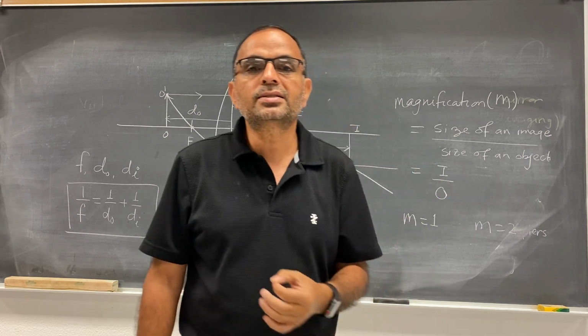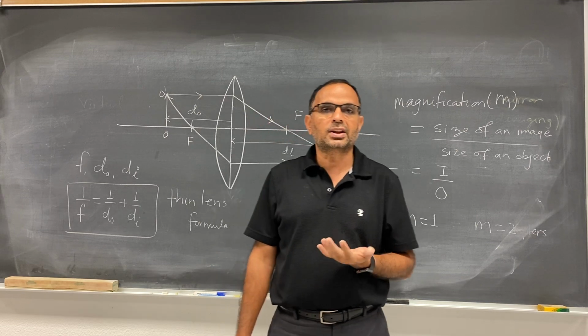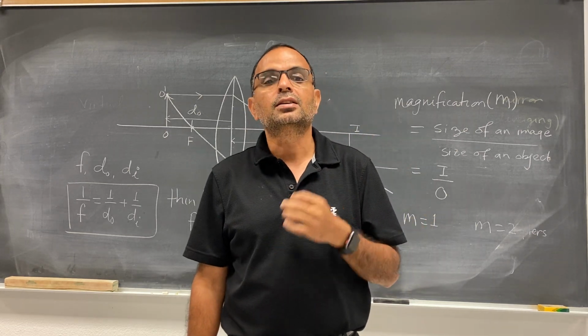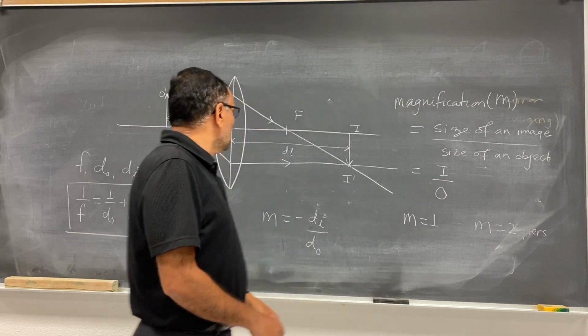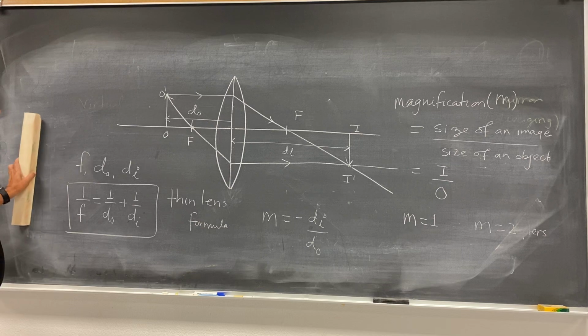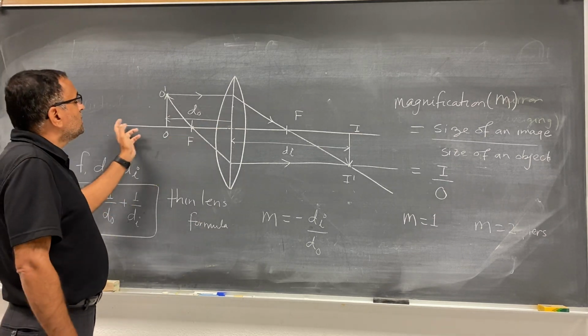And if the image is a virtual image, in that case the image distance is also negative. But if the image is a real image, then the image distance is positive. Okay, so anyway, please note down this formula, the thin lens formula. This is helpful. Okay, so what I was talking about is, if you keep the object at different positions here,